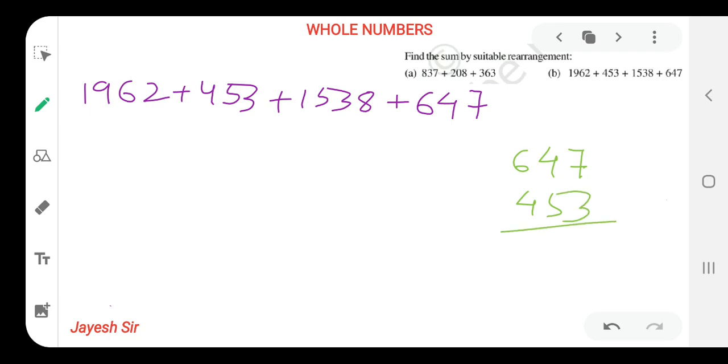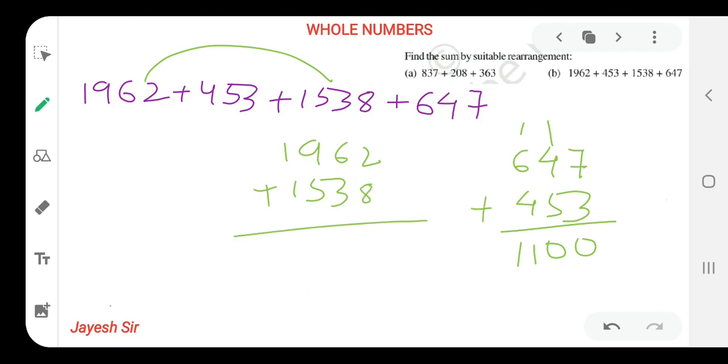453. This will result in 1100. Then we'll also solve for the other. This is 1100 we have done, as I already told you that one part would be 1100 and the other would be 3500. I hope you all might be getting it. So let's see how 3500 comes. 1962, what is left, plus 1538. As we all know how to solve, 0, 0, 1 goes for carry. Yes friends, 3500 plus 1100. So our answer is 4600.